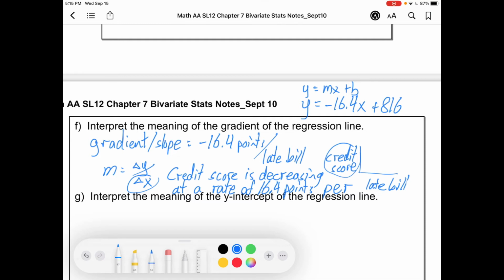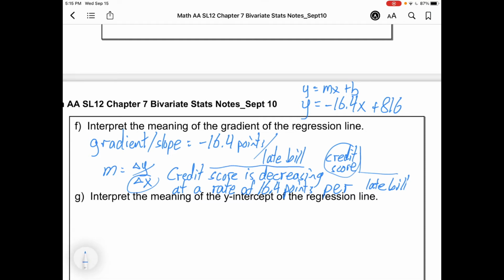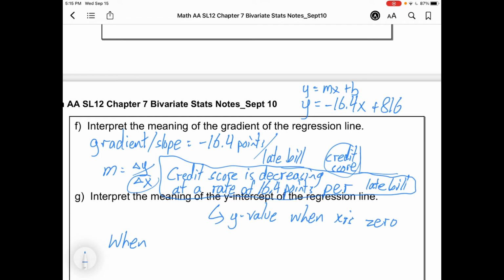So we've got this slope. The slope has meaning. There's its meaning in context. Interpret the meaning of the y-intercept of the regression line. So a y-intercept is always the y value when x is 0. What is x here? It's the number of late bills. So what this is telling us is when the number of late bills is 0, the credit score is 816,